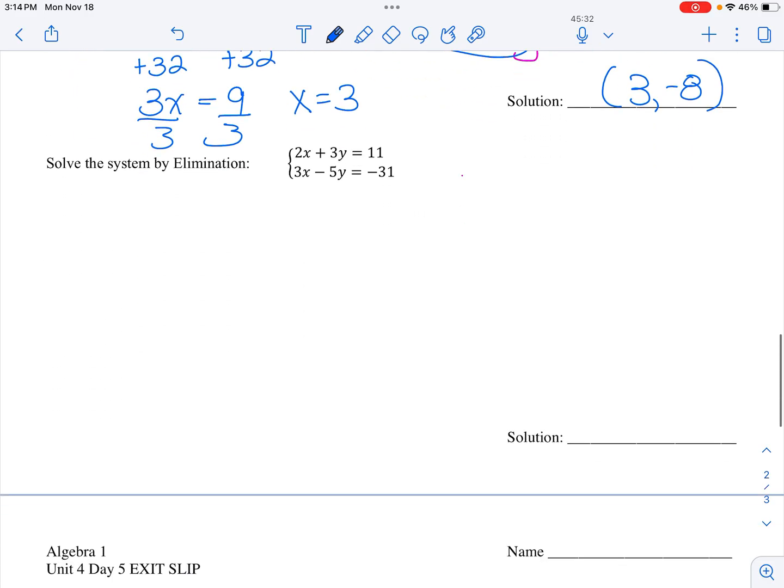Finally, last but not least, solve by elimination. Step 1, they're in standard form. Step 2, create opposites. I can create opposites in either spot. This time, I don't know, let's do it in the y spot just to show you it doesn't matter. I notice that these are opposite signs already. I need these to be opposite numbers. So again, I find a common multiple. What do 3 and 5 both multiply to? 15. So I'm going to multiply the top equation by 5 and the bottom equation by 3, which will create